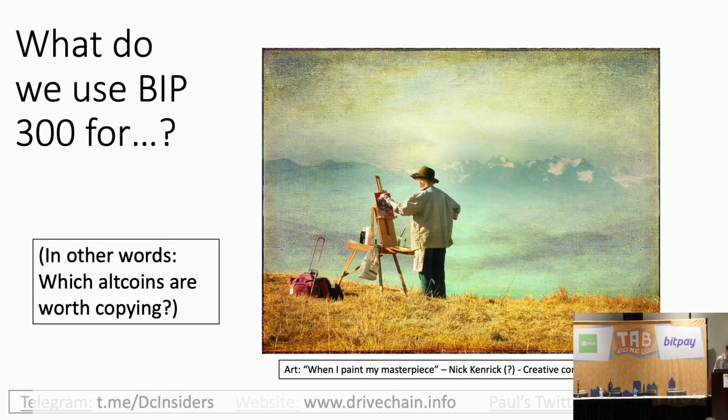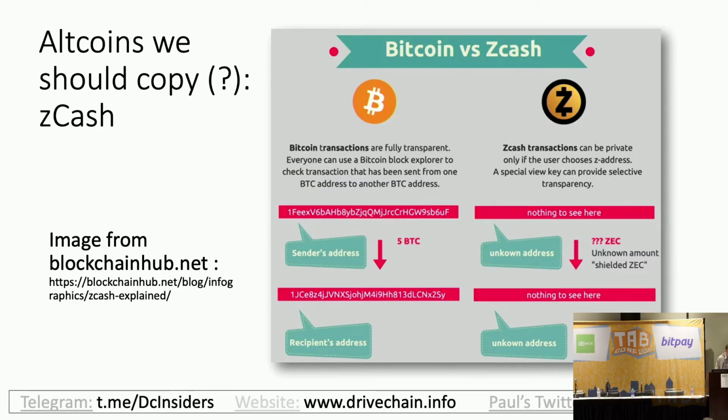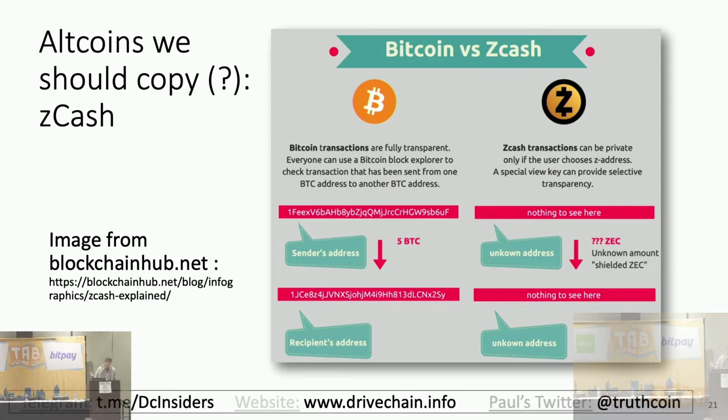So that was the idea, the first half, and now we're going to the concrete use cases. I'm going to give you specific examples of altcoins that we should consider ripping off because they're actually kind of cool. So obviously Zcash, I mentioned at the beginning of the talk. Zcash has these cool transactions where the sender, the receiver, and the amount are all private. So then we Bitcoiners have to put up with comparisons like this, where someone puts something up and they say, oh, Bitcoin versus Zcash, you know? If we had BIP 300, this infographic wouldn't make any sense in the slightest. In fact, all debates about one coin versus another coin would make no sense at all.